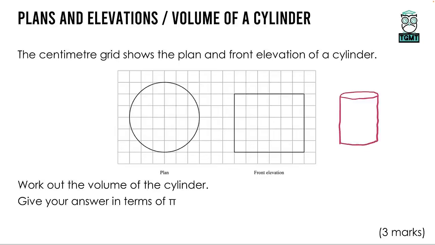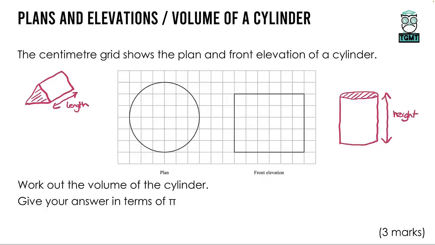So to work out the volume of a cylinder, the same as any prism, you have to work out the area of the cross section and times it by the length that it goes through the shape. So in the case of something like a triangular prism, as an example, you want to work out the area of the triangular face, called the cross section, and times it by the length that it goes through the shape. So in the case of a cylinder, we want to work out the area of the circle and times it by the length that it goes through, which in this case I guess we'd call the height